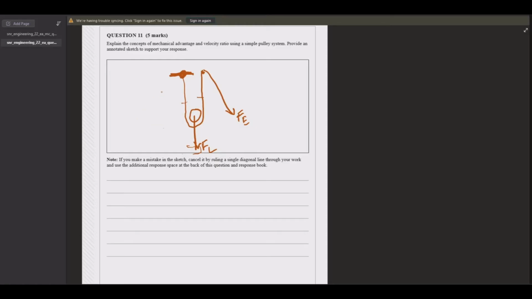So say we're going to be moving this load up 2 meters. And because we've got 2 ropes here, to move that distance, we need to subtract 2 meters from the length of each of these ropes, which means this inactive rope, these are the active ropes, this inactive rope here is going to be coming out at a rate of 4 meters for every 2 meters you pull, which means that the velocity ratio of the system is going